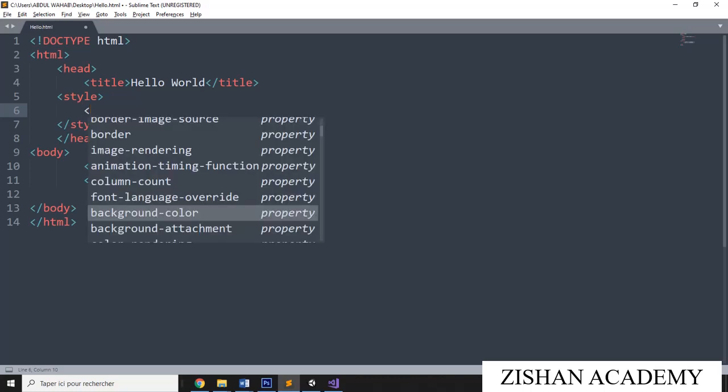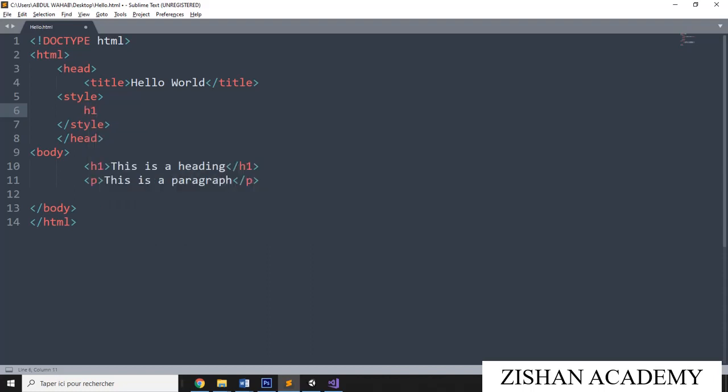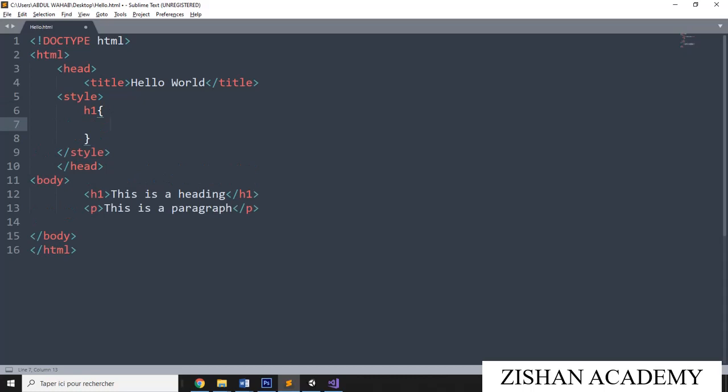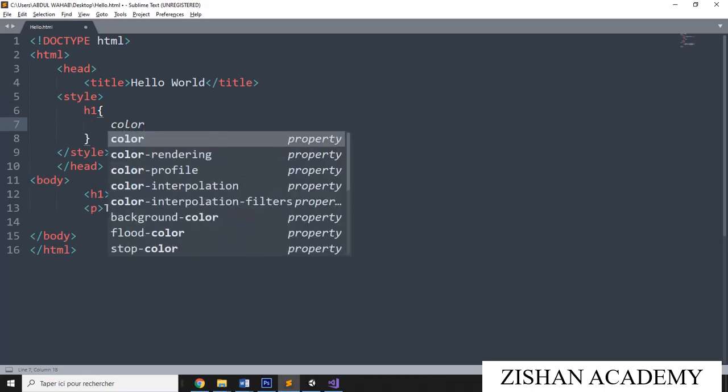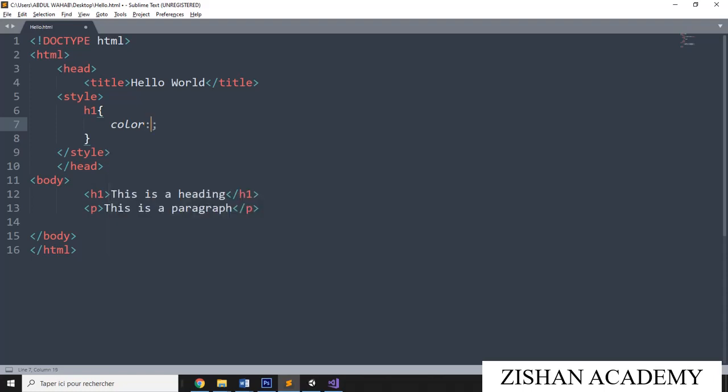We can give the style for H1. Give H1, and you have to open curly braces. I am giving a color here, colon. I am giving a blue color.